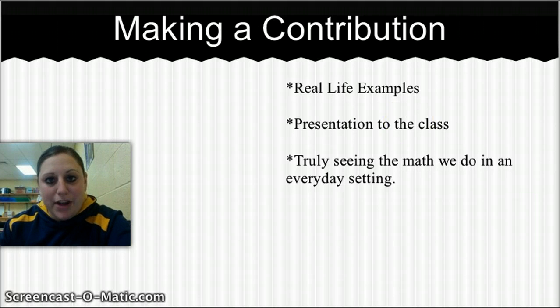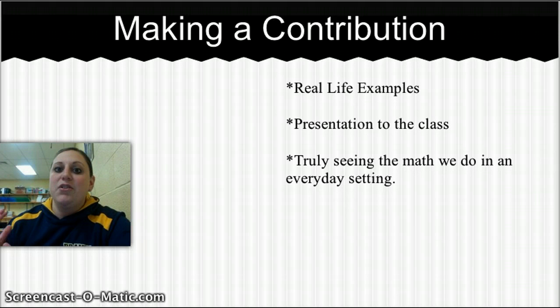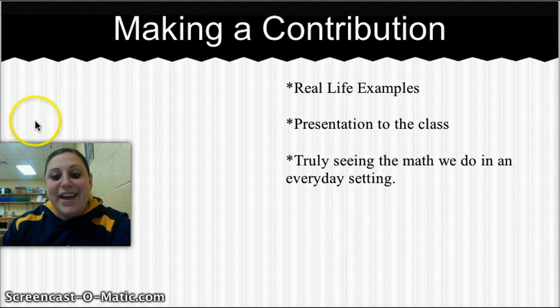So this was my project, and it's, like I said, something I've kind of done in the past, and I'm going to tweak it this year to better fit my kids. And I'm really excited to see how it actually turns out now that I've made some of these adjustments to really focus on taking the learning more out of, well, what did you learn math wise, to, well, why did you want to do it? What was the point of it? And making it hit home more for them. So I'm excited to actually do this project with my kids and see how it turns out.